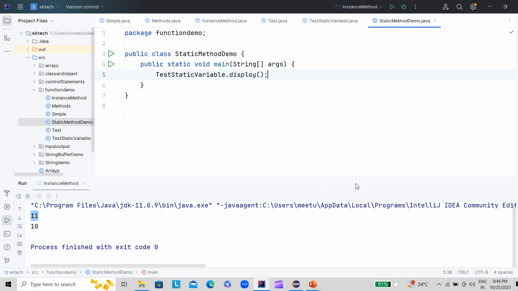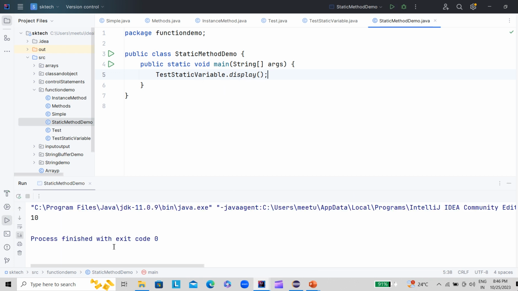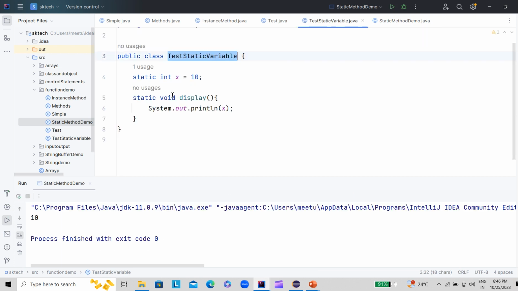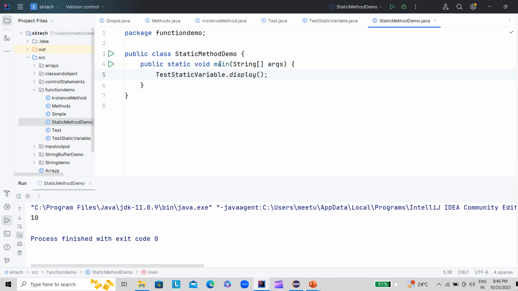If you run this program, you can see it is able to access this static method with the help of the class. So yes, the static method we can define with the static keyword, and then call it with the class name dot method name. So this is about the static method.